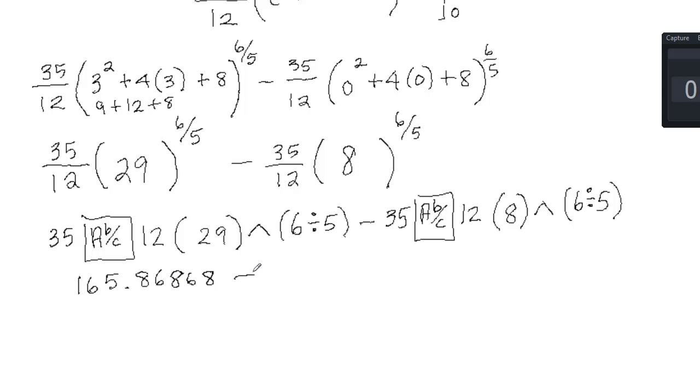I'm going to subtract 35 over 12 times 8 to the 6/5, and this is 35.36672. So I'm going to subtract that: 165.86868 minus 35.36672 is